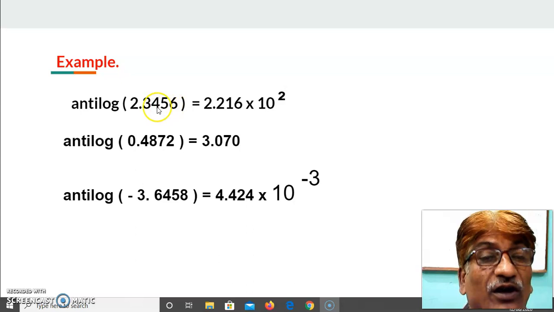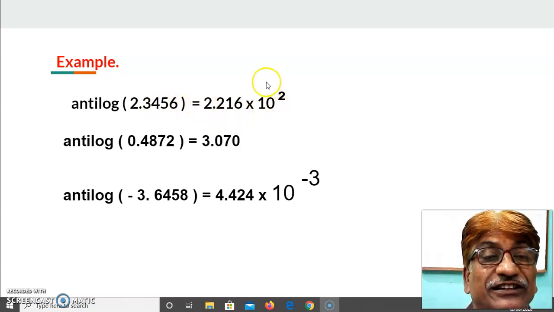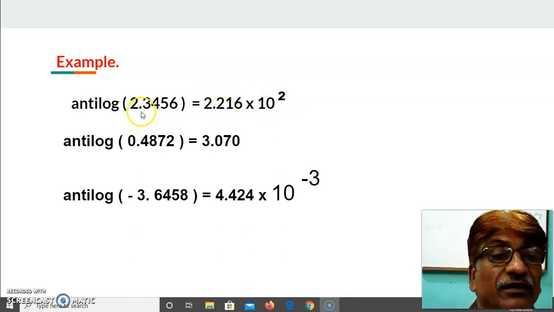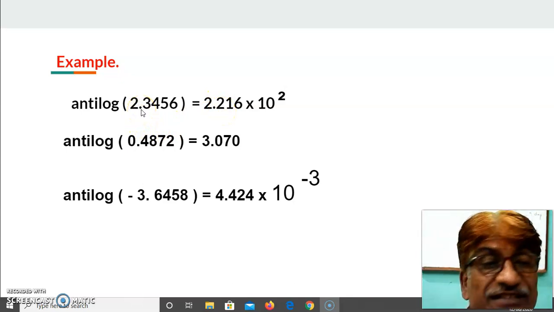So first of all, how is this 2.216 into 10 raised to 2 formed? Okay. See here, the rule is